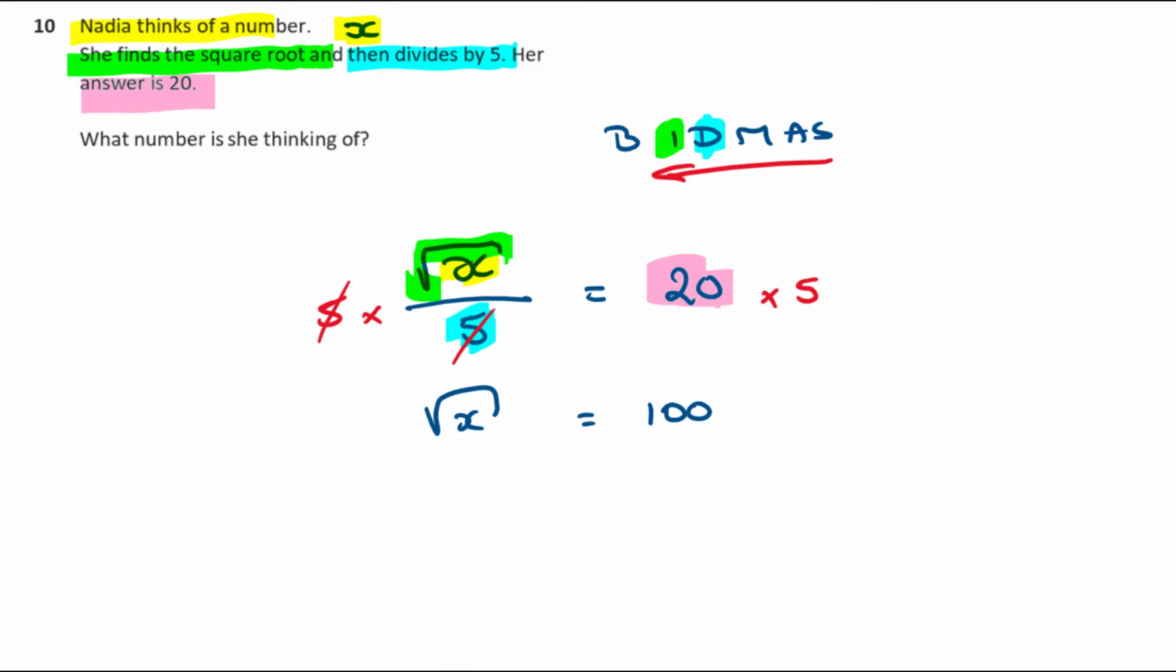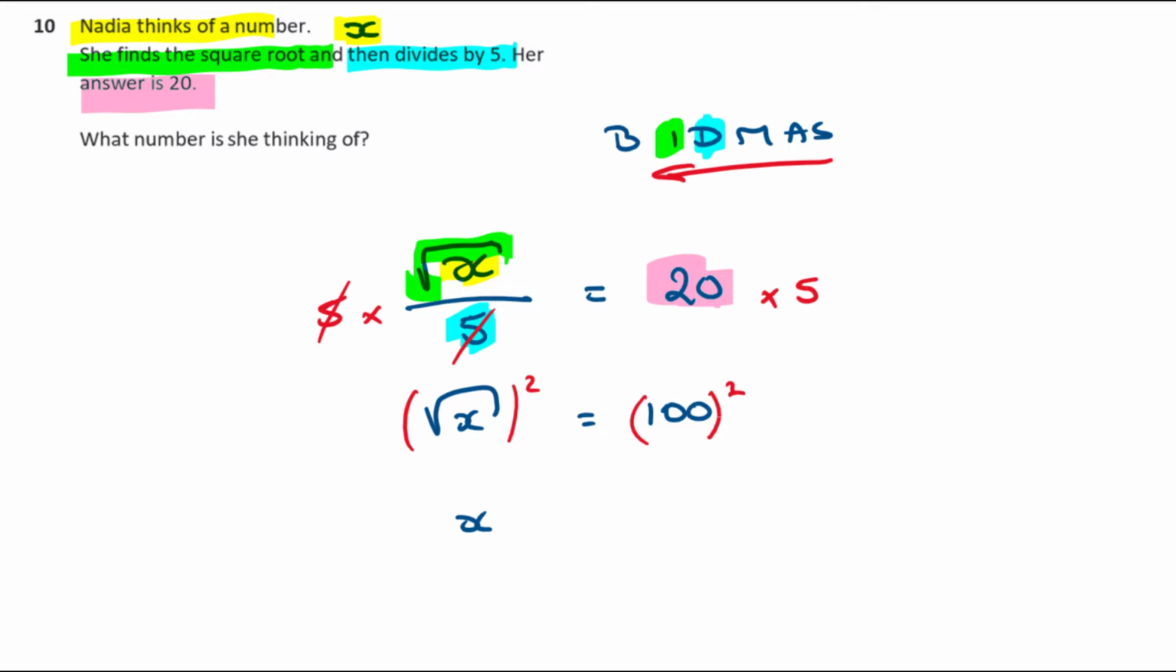Okay, and then what do we do? So now I've got root x is equal to 100. Now I want x is equal to 100. So we have to kind of do the opposite of square rooting. Now the opposite of square rooting is actually squaring. Okay, if you square a square root, you get your original number back. Okay, so if I square both sides,